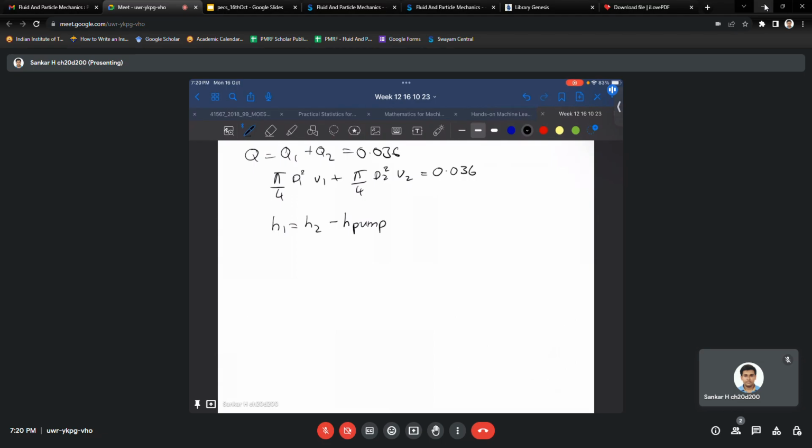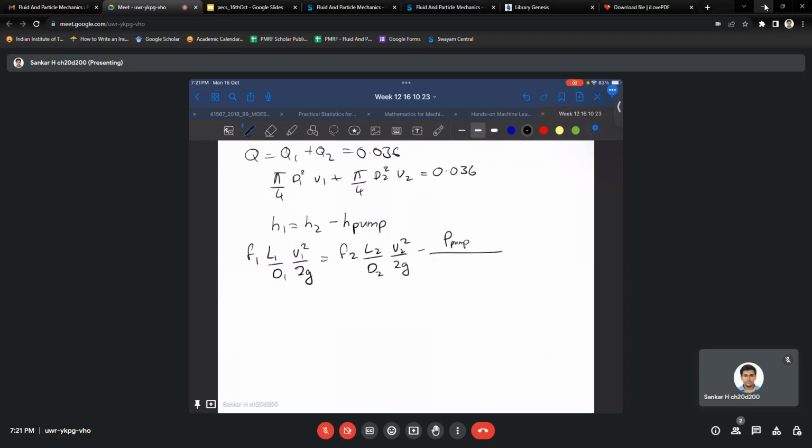How do we find out each of them? H1 is basically the equation for the friction factor, which is F1 times L1 by D times V1 square by 2G, should be equal to F2 times L2 by D, again D1 D2 comes into the picture, times V2 square by 2G, and the H pump is given by the power offered by the pump